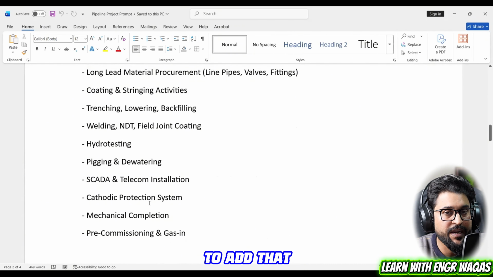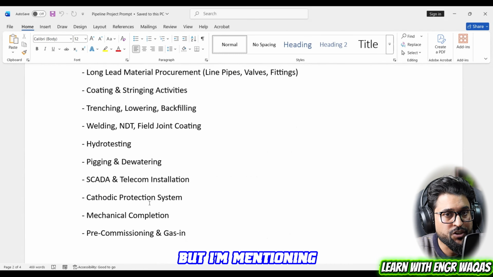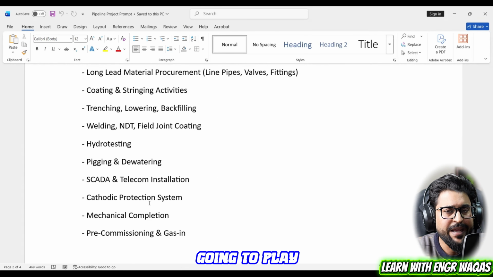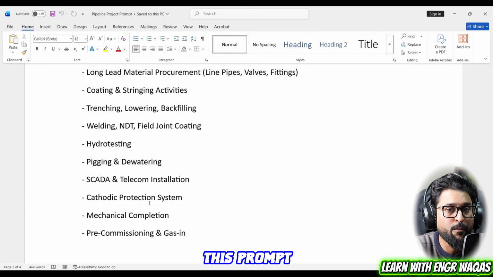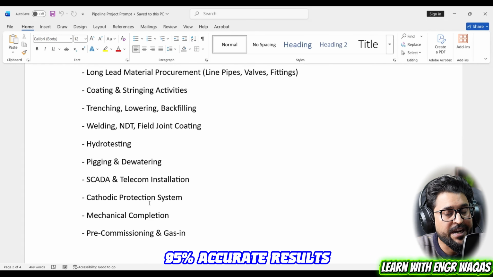Chat GPT is going to work on its own data, but I'm mentioning it to stay on realistic data. So this prompt is going to play a very important role. If you play with a random prompt, it might not give you accurate results, but with this prompt you are going to get maybe 95% accurate results, right?